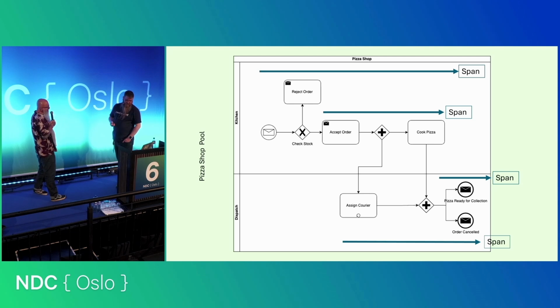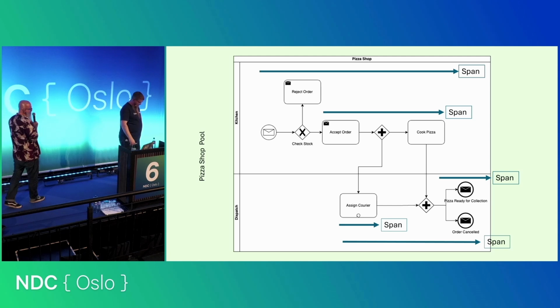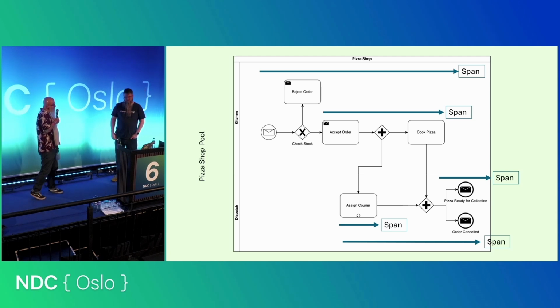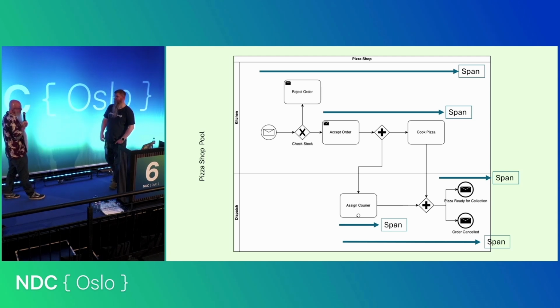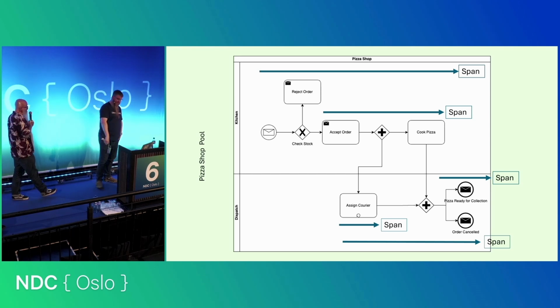So, Martin, that's great, right? You're giving me some spans, but I notice on that diagram you are still firmly within my orchestration, right? So you haven't really solved my problem, because I've got multiple orchestrations and they've all got telemetry in them, but I still can't see my choreography.